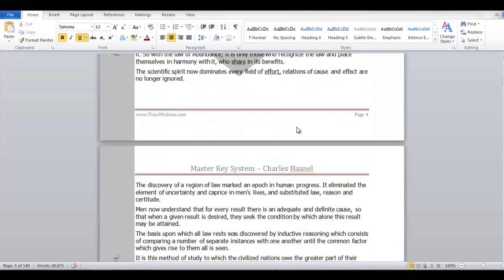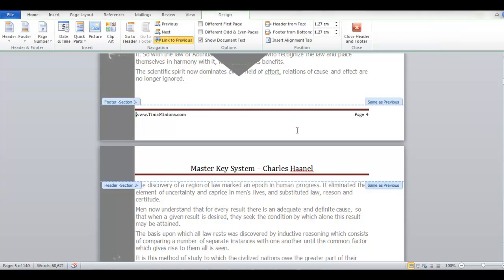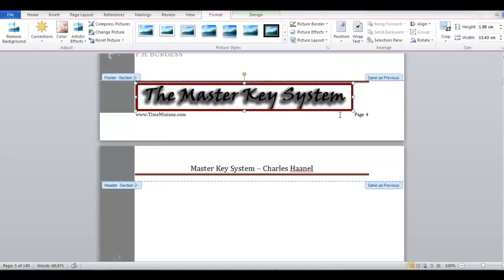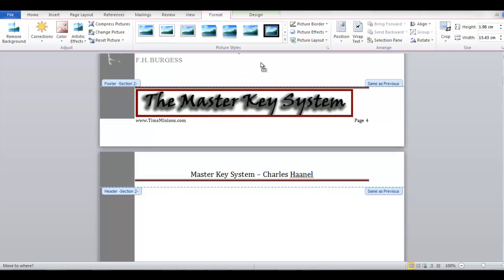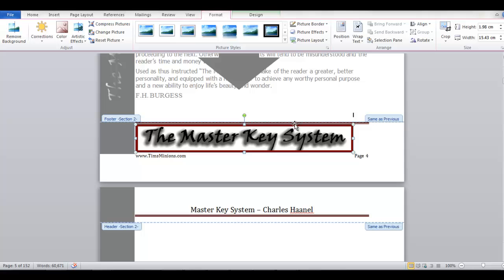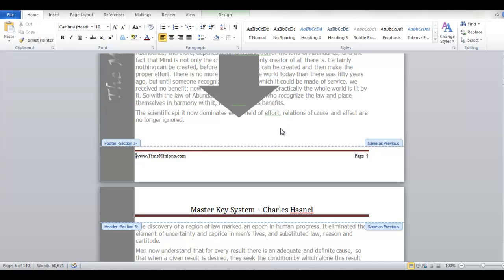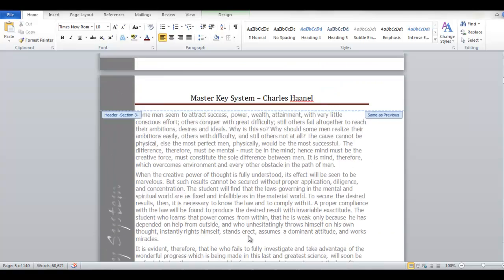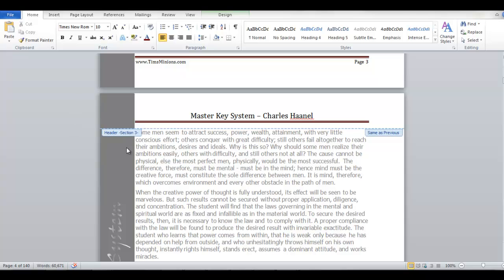The only issue you do have, which for some reason I don't quite know why, is that if I went to insert a picture and tried it with a picture, it will always be in the footer area. I don't quite know why. It won't let you choose the place you put it. It just automatically sticks it in the footer header area and you can't move it, but you can when you come to using the